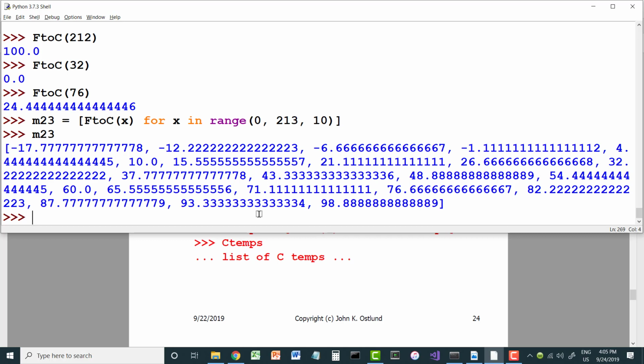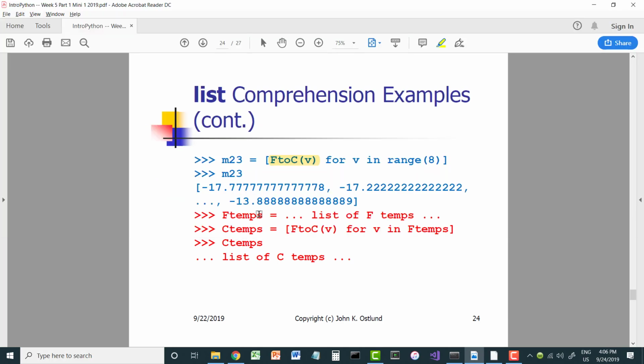And that is pretty slick. I mean, it's very compact. Once you've done several comprehensions, it's very obvious what that's doing. I'm building a table of Celsius temperatures from Fahrenheit temperatures. And I can even